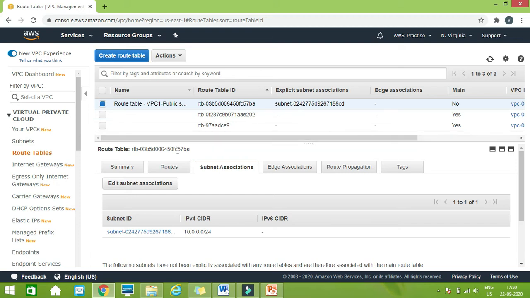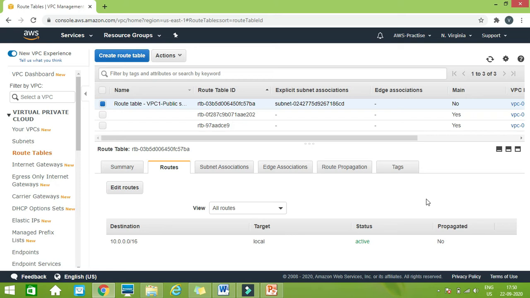Then the next is routes. Now by default you can see that there is one entry that says that if you want to connect to this subnet, then this is the address, which says that it's a local route. The routing table basically contains a set of entries.